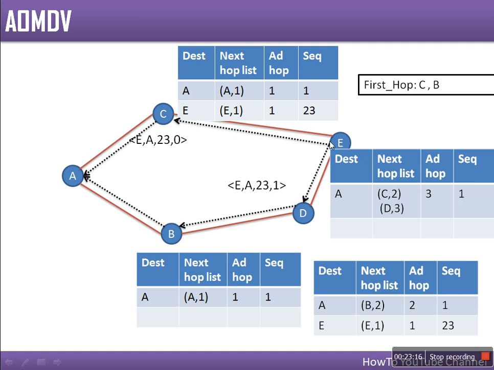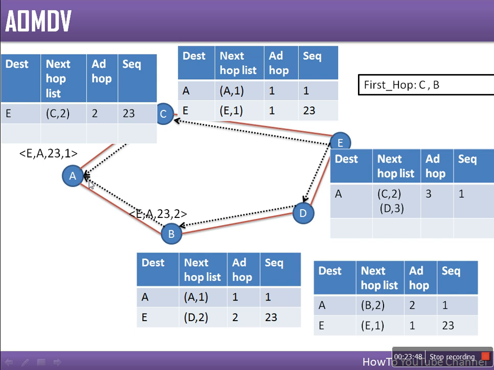and D also sets up a path for E. So how will they do this? They will create one entry saying that in order to send any data for destination E, forward that data in this direction to this neighbor, and this is one hop away. So the advertised hop count will be 1. The sequence number is taken from this packet, and the same for node D. D will broadcast this packet, B will receive it, B also will create one entry,